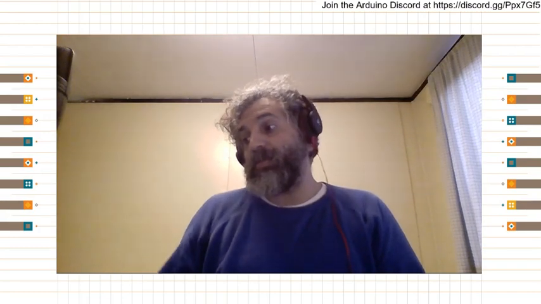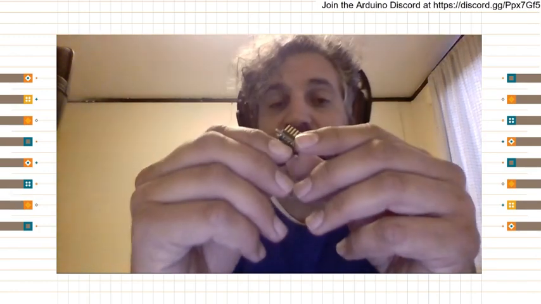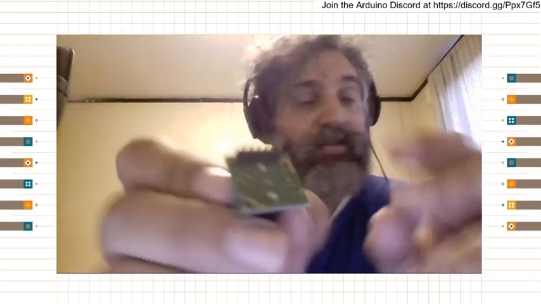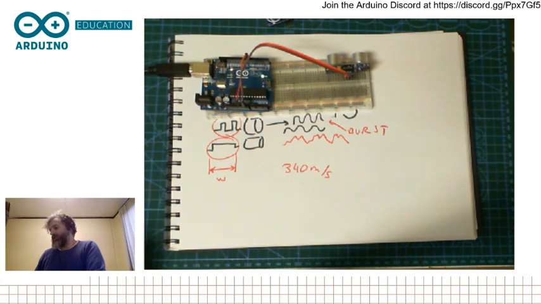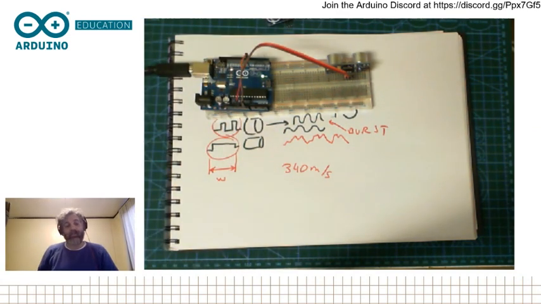If you want to get better measurements, you should work with things like the MaxBotix sensor. That's going to give you a much better response. One of the differences with this MaxBotix sensor, I'm going to show you the pinout. It has a lot of pins in the back. I will just draw the pinout of this one, because MaxBotix is a bit different in the sense that it's meant to be used in more scientific operations.